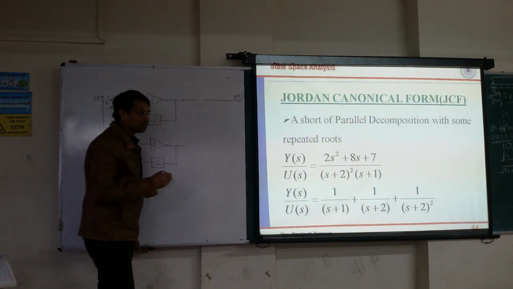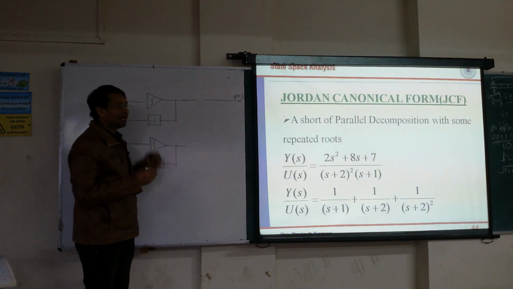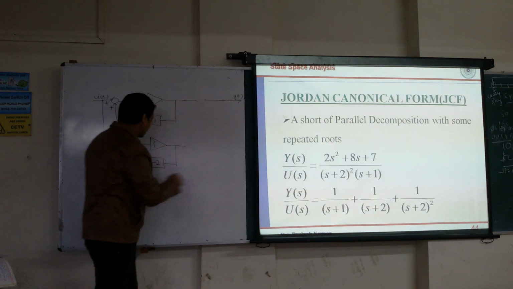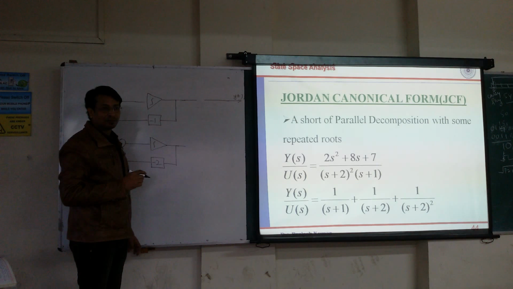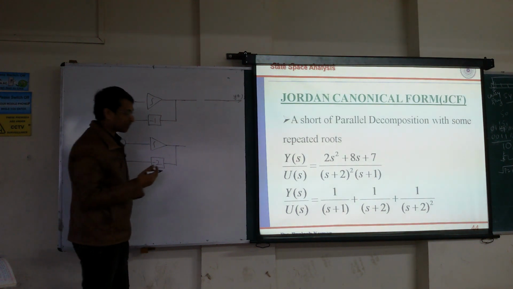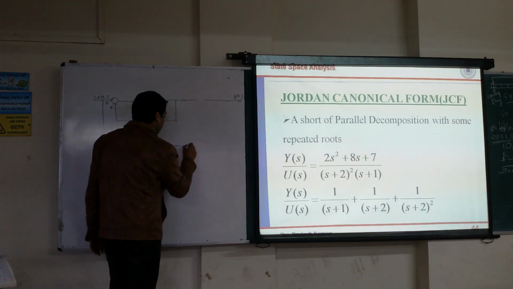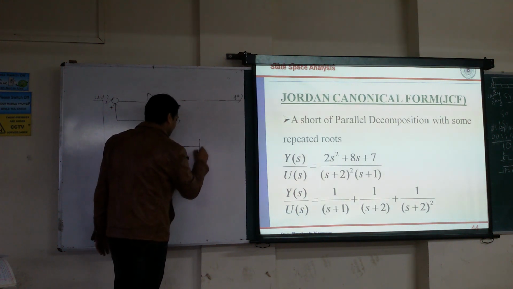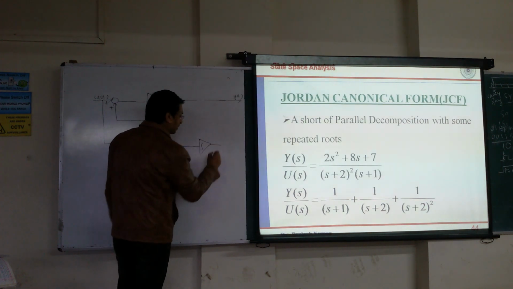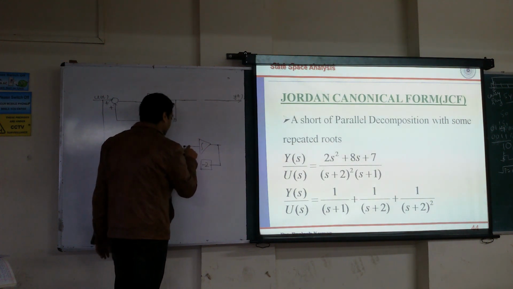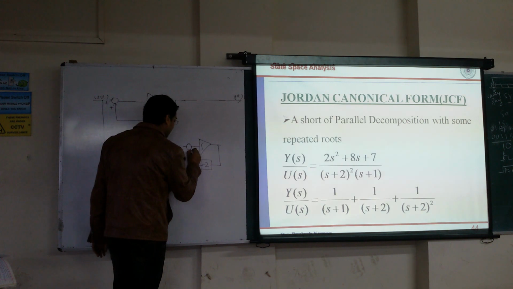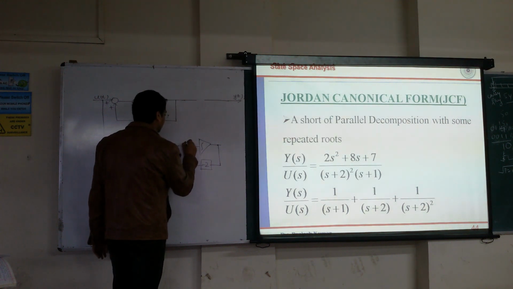You have to generate the s plus 2 square term with the help of 3 integrators. So if you take this third term in parallel, you will use 2 integrators here also. So the number of integrators will not be optimized. Your state variables are going to be 4 instead of 3. So your state equation will be wrong because it has to be the same for everything. So I am going to take another integrator here. I am going to consume this -2 inside the block, and here it is positive sign. And here it is positive sign.